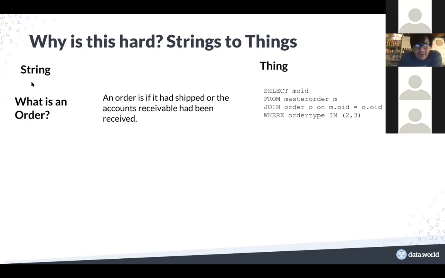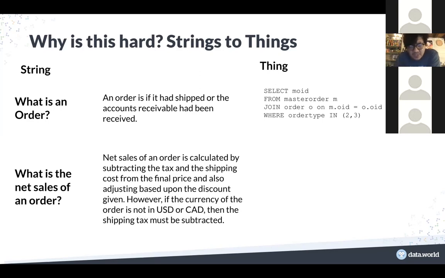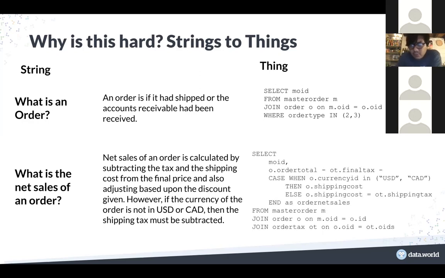So what you have on the left, what is an order, that is going to be our target. And this query is going to be the connection, the mapping from source to target. Again, here's another one. What is the net sales of an order? Financially, we know that net sales means the gross minus the taxes, minus the discounts. But in this particular definition, it's much more complicated. You have to know that there's currency involved and a lot of other things. Same thing, what does that actually mean? You have to figure out what is the right query to access the data, and that's going to be my mapping. This is the type of stuff where you need humans involved.